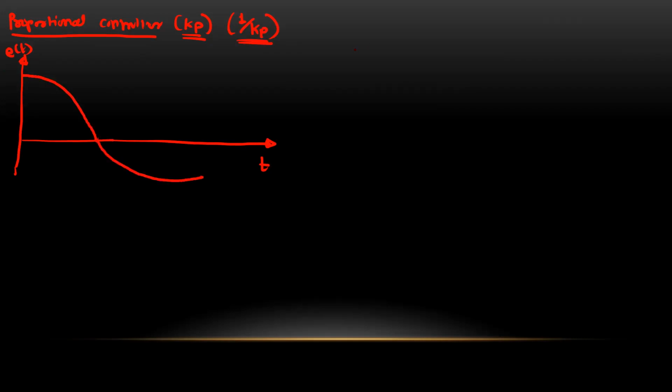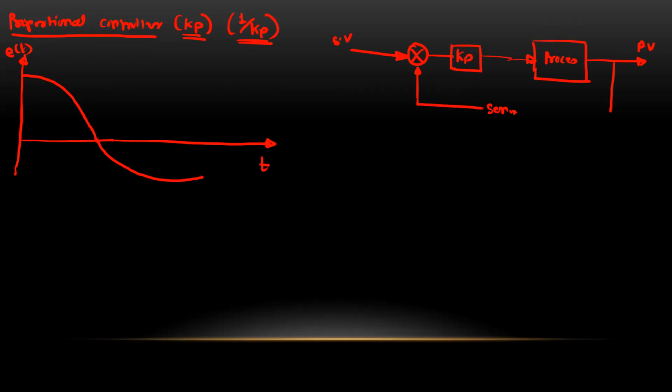And we add the proportional controller in the forward path. So we have here summing point. Then we have only Kp. Okay, and then we have the process, that is a heating process. So here we have the process, and then we have the actual output, that is the process value. Here we have the set value, then this is the feedback. So we have the sensor.